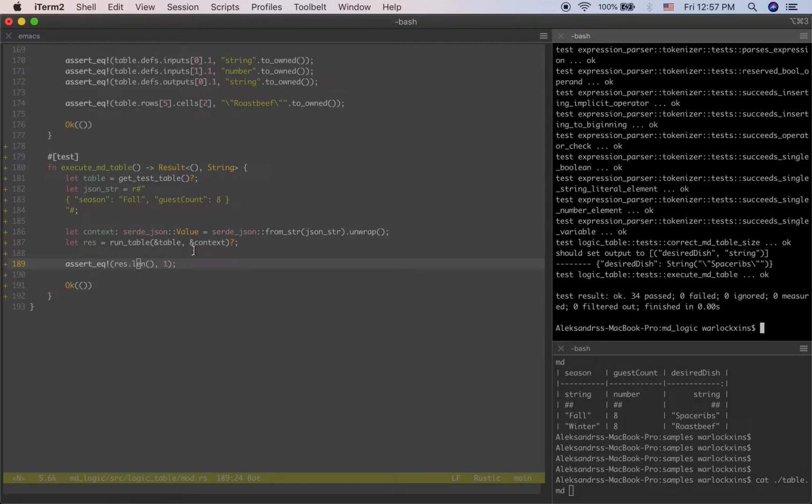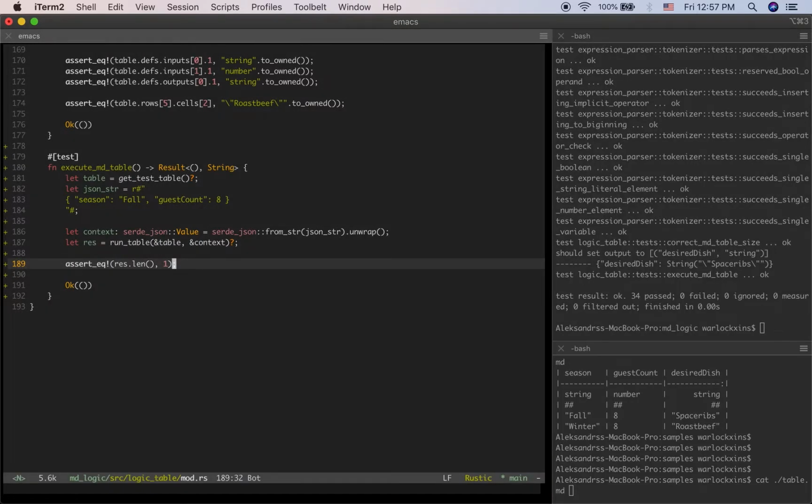So it knows that the result is correct. And let's extract the first one. So at this point, I know for sure that there's at least one element, and let's assume that let first result is res at 0. Okay,